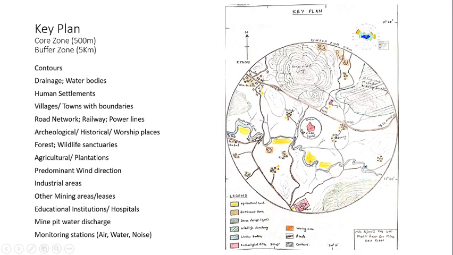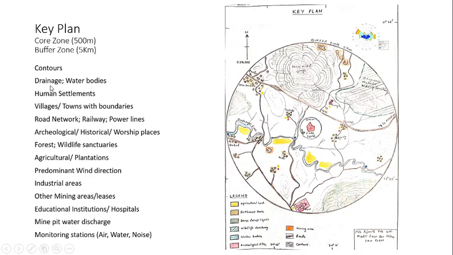Now this is the requirement of MCDR. If you are applying for environmental clearance to the Ministry of Environment and Forest, then the radius of the buffer zone goes up to 10 kilometers. But for the purpose of mining plan approval, buffer zone data within 5 kilometers is sufficient. So what type of data should be included in a buffer zone? I have enlisted here. All the contours should be shown like this. I have not shown at all the places, but this is one example here.